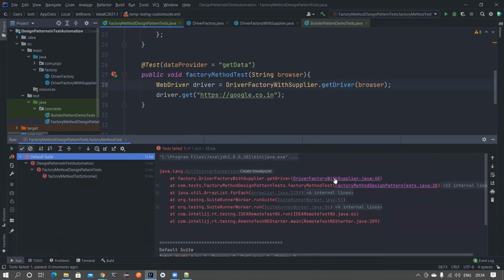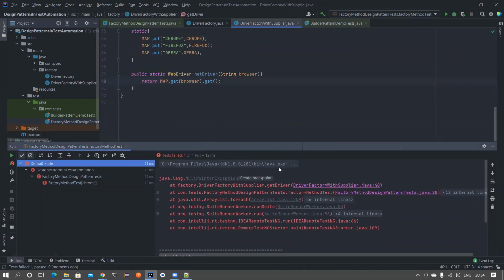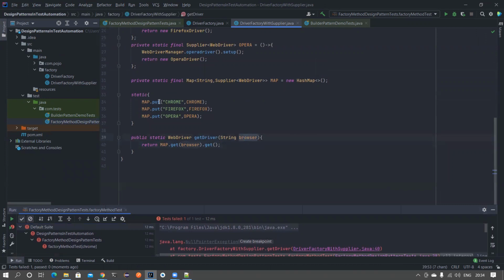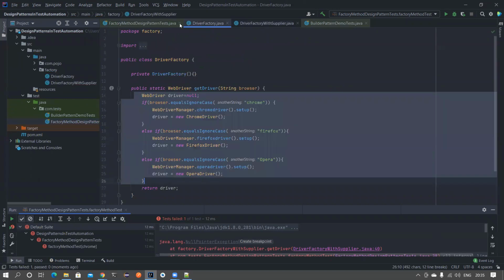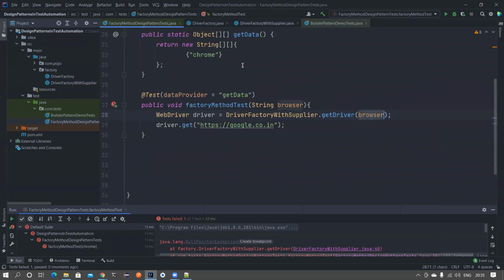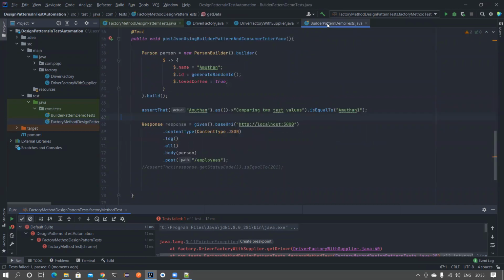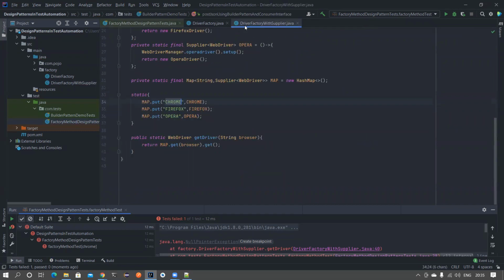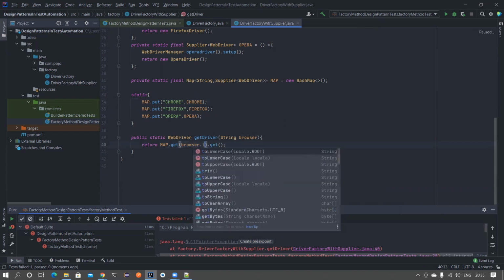Again, there seems to be some issues with the implementation. It is telling null pointer issue. So let's go to line number 40, and if you notice, browser is Chrome. This is capital letters, and whatever we have sent is small letters, right? We are telling Chrome in small letter, but here it is capital letter. So there is always a chance that these kinds of issues can happen. So what you can do, you can convert this to lowercase or uppercase and do the comparison. That is the easiest way to do. Let's say if I'm doing to uppercase, then everything will match, right?